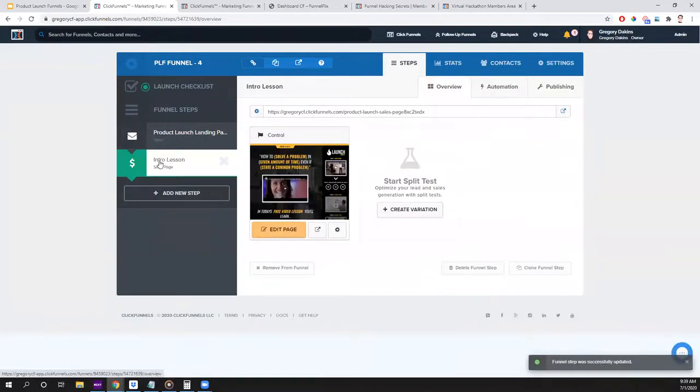See, now it updates. Okay, so we're going to work on these pages. We're going to get started on them in just a moment. But what I'm going to do first is configure some of my funnel settings. So I have some overall general funnel settings up here in the right in this blue toolbar. If I click on the settings button right here, it'll take me to this page